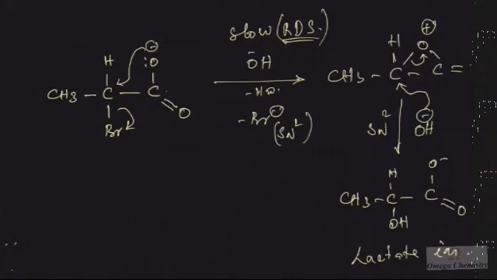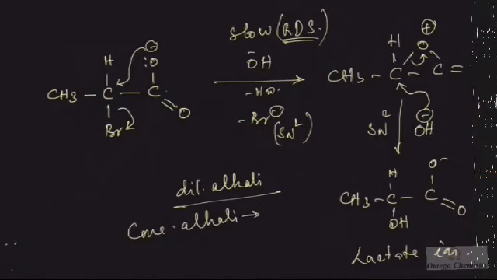Another important thing is we need to take dilute alkali solution. A dilute solution of alkali should be taken. If we take a concentrated alkali, then the SN2 reaction will be predominant. Neighboring group participation will be restricted, and the SN2 reaction will be more favored. That is an important exception in this reaction.